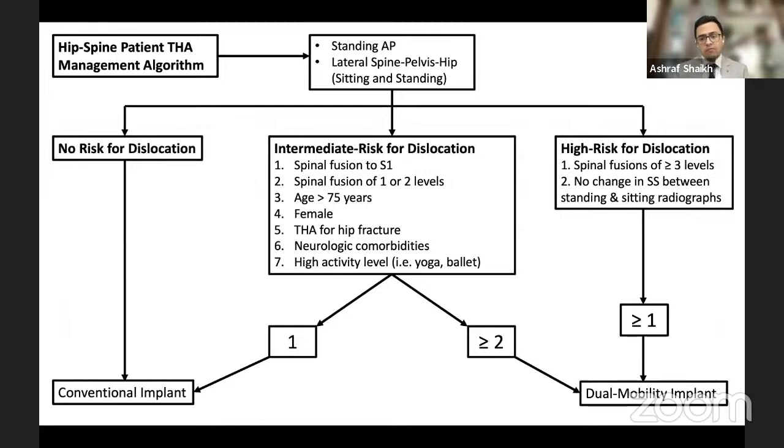Regarding the algorithm for using a dual mobility implant, if there is just a single intermediate risk factor present in these patients, then we can go ahead with a conventional implant. However, if there are 2 or more intermediate risk factors for dislocation, then a dual mobility implant is ideal. And whenever there's a higher risk of dislocation, for example, in spinal fusions of 3 or more levels, or there is absolutely no change between the sacral slope in standing and sitting radiographs, then we should again go ahead with